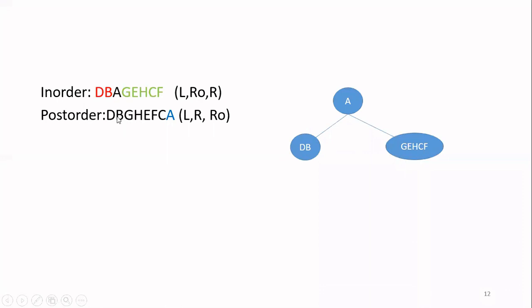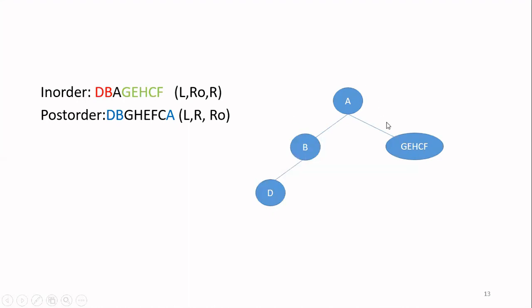So once I identify the root node, I have to go to the in-order again. Then from the in-order, I have to find out whether this D is the left child or the right child. So go to the in-order. Here D is appearing to the left of B. That means D is a left child. Now draw that. So we identified B as a root node from the post-order, and then from the in-order we identified that D is a left child. So this part is over. Now all the nodes, if you see here, we reach the leaf level. We don't have two nodes in any circle. So we have finished this.